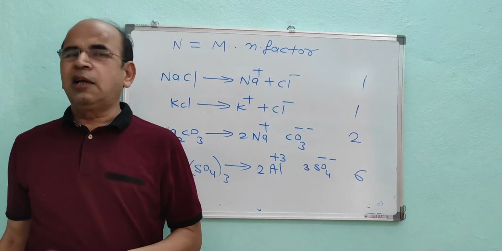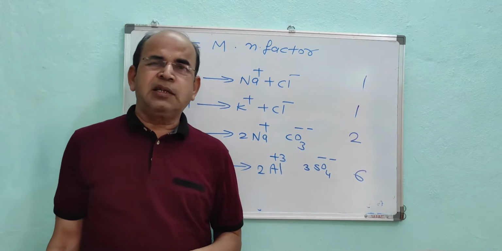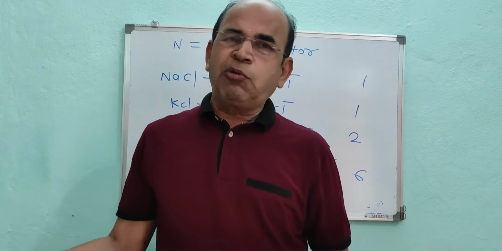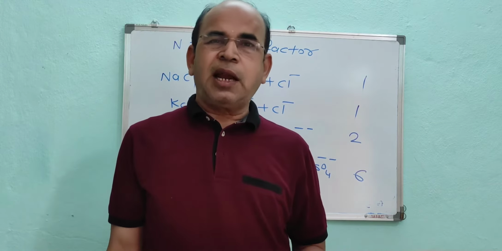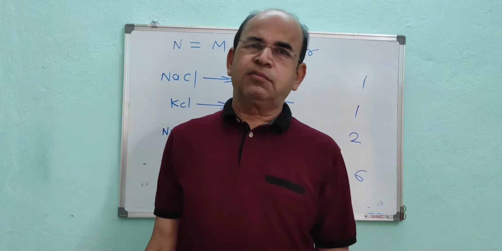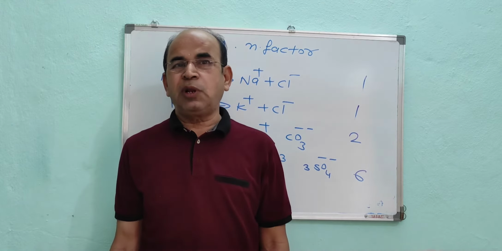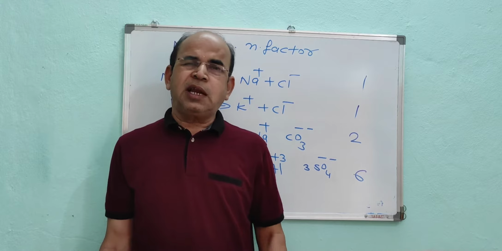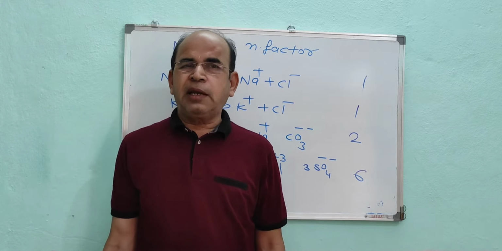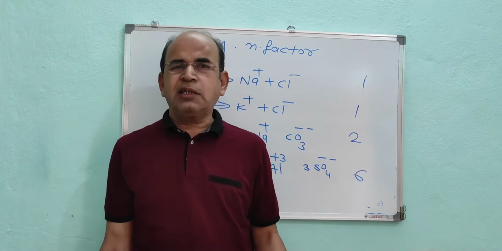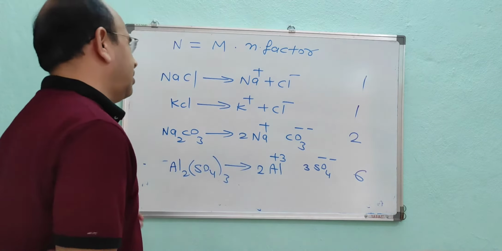Now you know well that potassium permanganate acts as an oxidizing agent. In laboratory we perform the practicals. There is titration between potassium permanganate and oxalic acid, or between potassium permanganate and ferrous ammonium sulfate. In this titration, the potassium permanganate is acting as oxidizing agent. So what reaction takes place? Just see, I will write here.